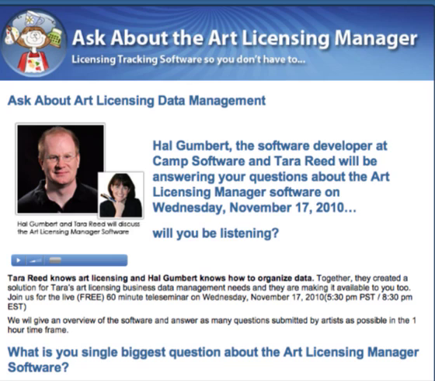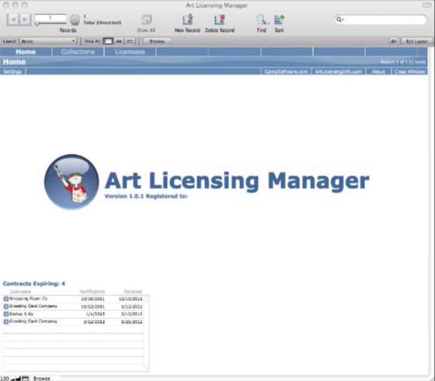So I'm going to start by talking a little bit about data, what kinds of data we have. The main question that we received from people was, what is this software and how does it work? So that's what we're going to be answering throughout the hour. And I came up with an interesting bike analogy, like a bicycle ride around, when I was talking to Hal yesterday and we were reviewing.